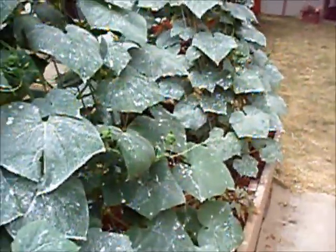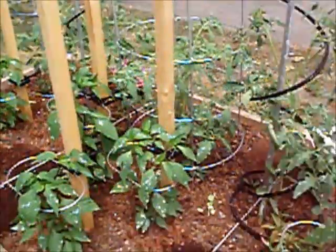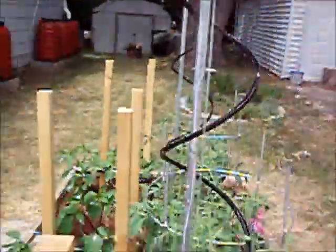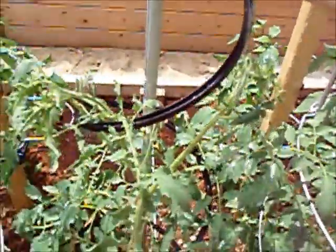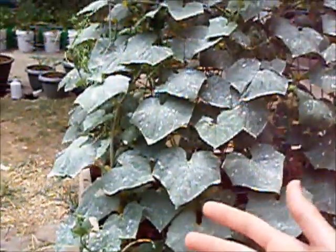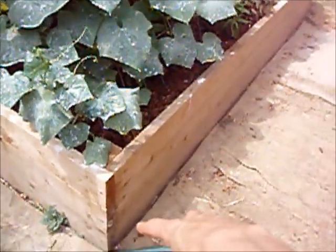So what we're going to do is I'm going to take some of the electrical conduit, which is this stuff, and it's what I have the tomatoes staked to right now with the veggie cage. I'm going to take 8 of these and create like a frame. It's not going to be so much of a frame as just a way to get the burlap over the plants, and it's not going to be totally covering the plants, but it will be better than what it is right now. And so we're just going to take stakes and drive them straight down into the ground,